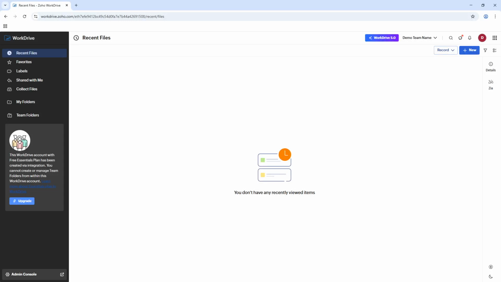In today's video, I'm going to teach you how to move folders in Zoho WorkDrive. Zoho WorkDrive is a powerful cloud storage service that can greatly enhance your team's collaboration by providing a unified workspace for storing and managing files and folders. Whether you're looking to organize your personal files or your team's resources more effectively, understanding how to move folders is